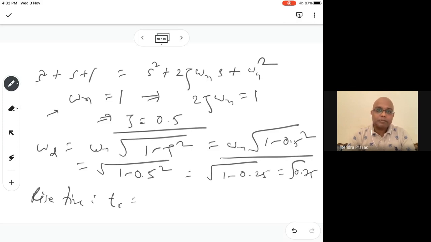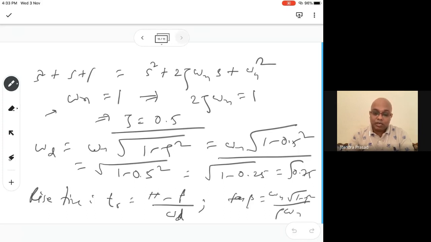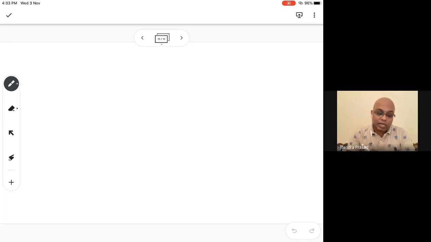Okay, and here the rise time is given by pi minus beta over omega d, where beta is nothing but, tan beta is equal to omega n root 1 minus zeta square divided by zeta omega n. Yeah, either you can write like this one,